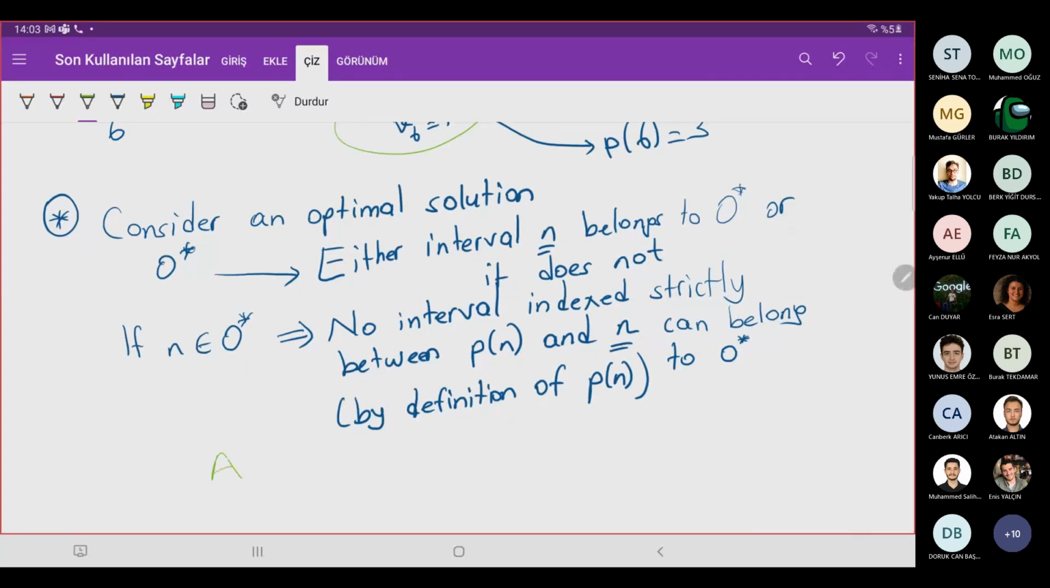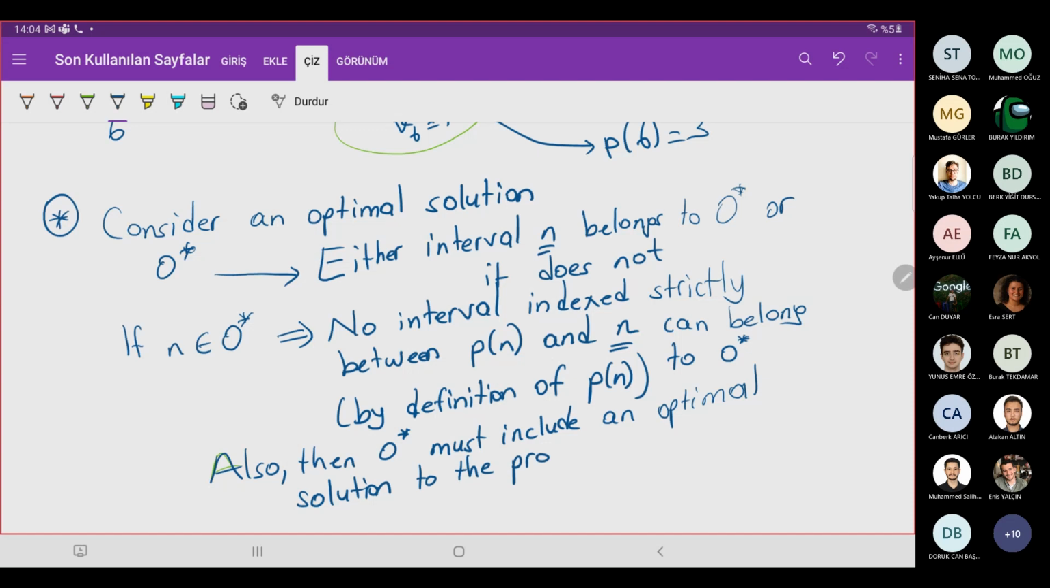Also in this case, then O star must include an optimal solution to the problem consisting of requests 1 to n minus 1, okay? I have to solve it then, because otherwise